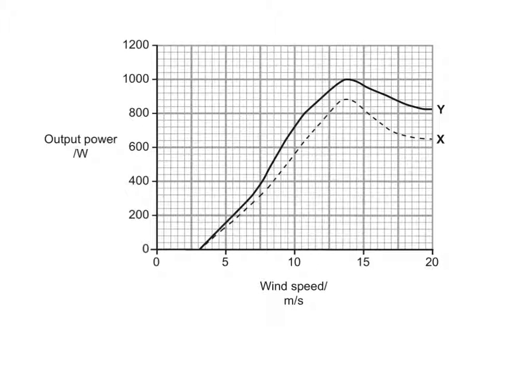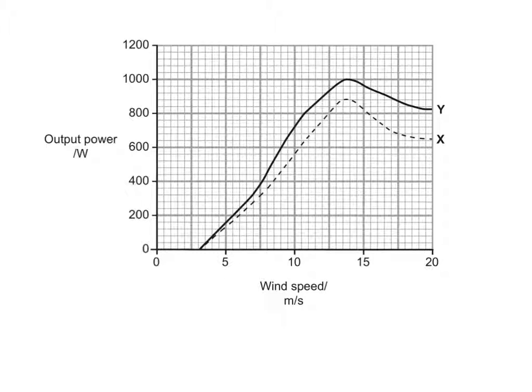This is a graph from a science exam showing the output power from two wind turbines, Y and X. This shows the importance of understanding how a scale works. We might be mistaken in thinking this scale goes 0, 1, 2, 3, 4, 5, but then we see that 5 is over here. This little video is looking at the importance of a good scale and understanding how a